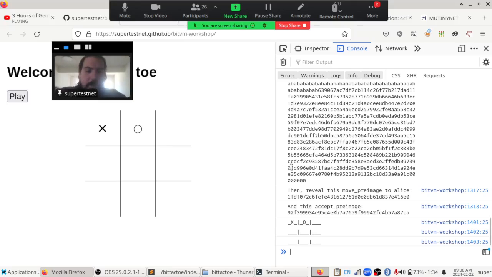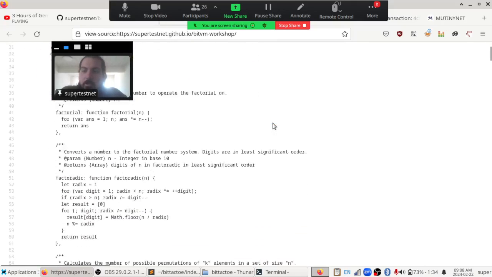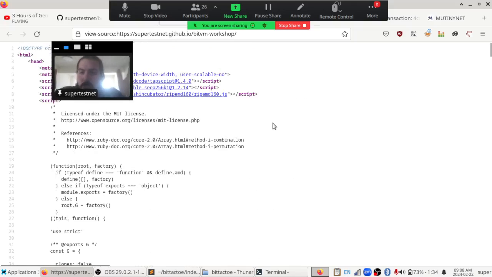But I think you can get an overview of the fact that what we're doing is we're revealing information, and we're passing that between two different Bitcoin users, so that they can use that in their own transactions to make additional Bitcoin transactions and continue the game. So I'd like to show you some of the code for how I'm doing this, and this is the code